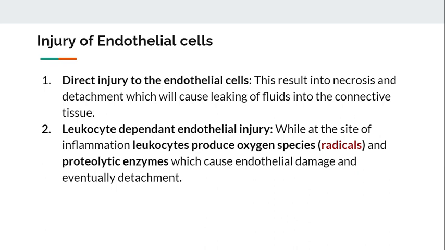Injury to endothelial cells. If you have a burn direct to endothelial cells,